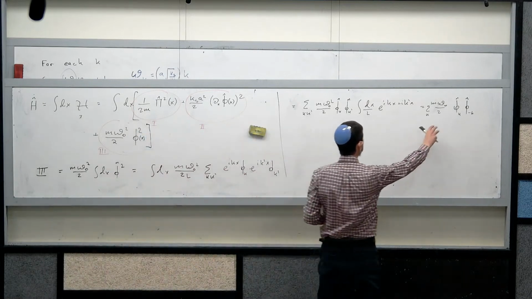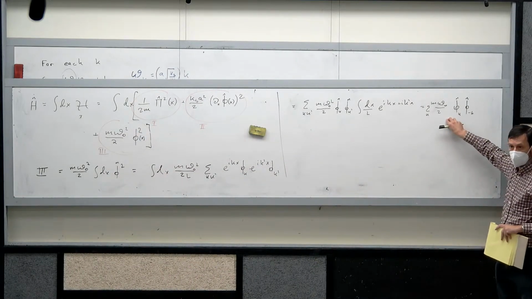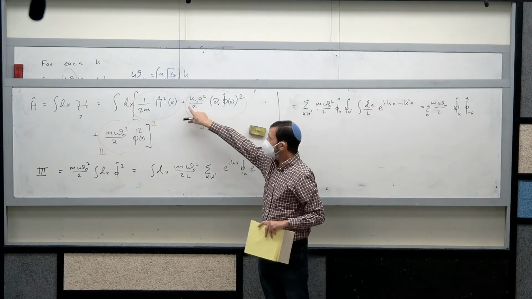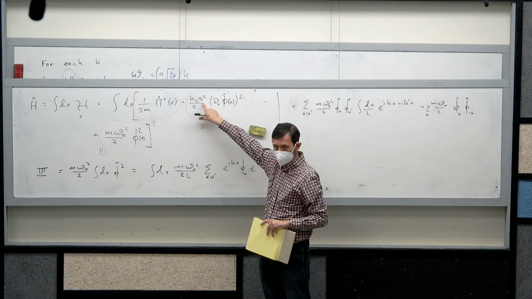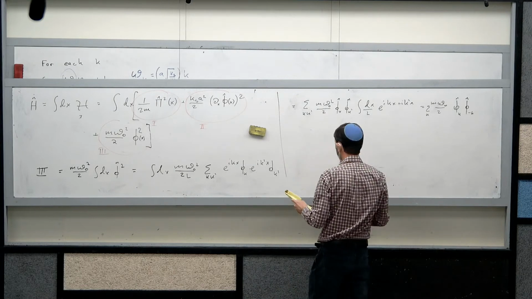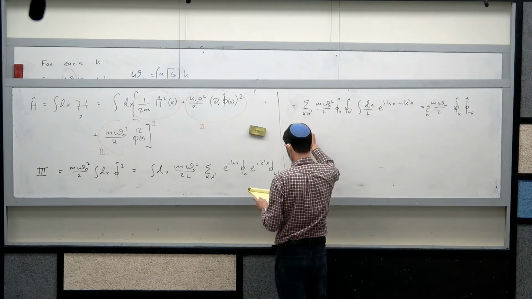But you see, that's the same structure of terms that we had from here. Not the same constant, no k-squared dependence, but everything else is the same. So, my Hamiltonian is